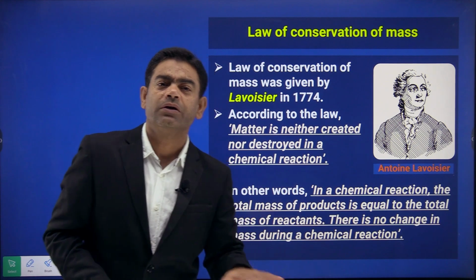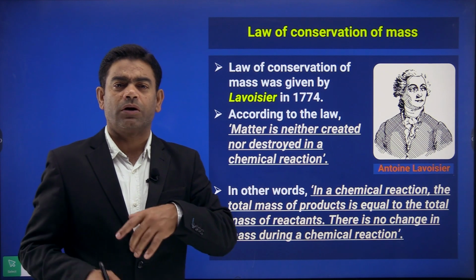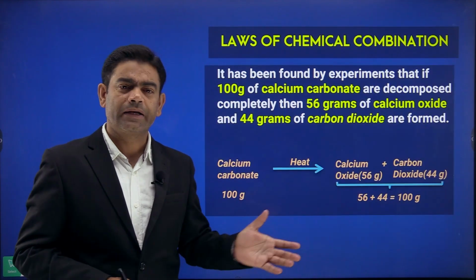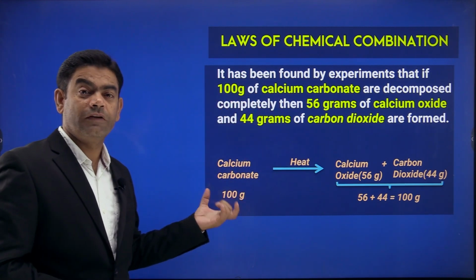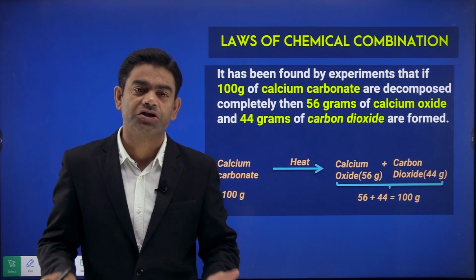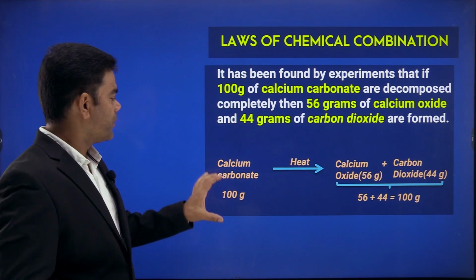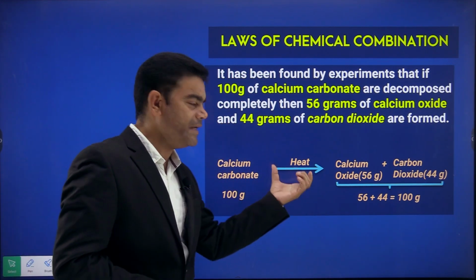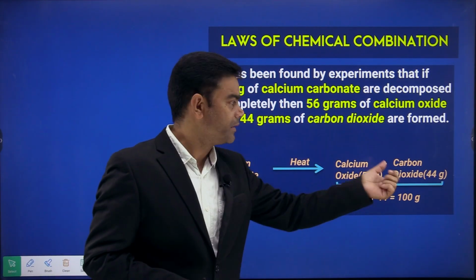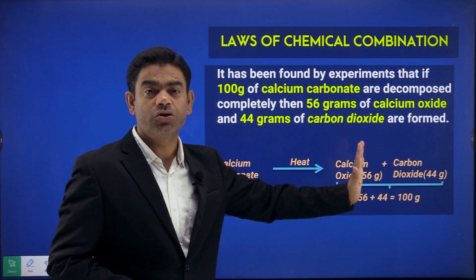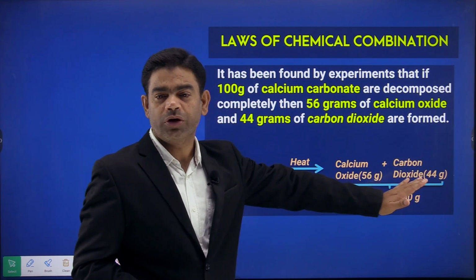Clear? So it was given over here. The first law of chemical combination is this one. Okay, experimentally, if I want to show you in some experiment, I can say that this is an example of a reaction. This is calcium carbonate. If you heat it, it breaks. Decomposition takes place. Breaks का मतलब decomposition. इसके जो molecular formula में कुछ changes आएंगे. So we have calcium carbonate. If you decompose it by heating, it decomposes into two chemicals. One is calcium oxide and the other is carbon dioxide. It breaks into two parts.